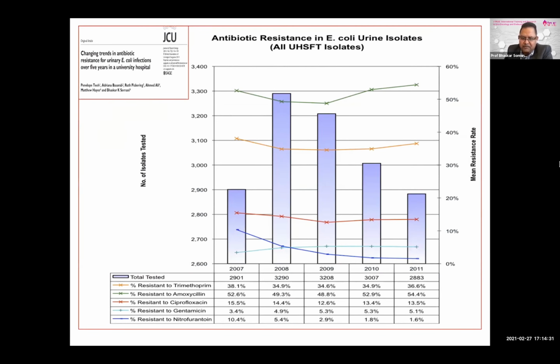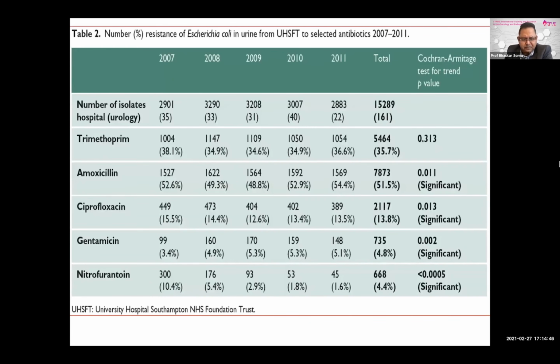Based on this graph, we recommended nitrofurantoin as the first line for female UTIs with normal renal function, gentamicin for prophylaxis for endourology, and so on. So this is something that you must try and do in your setups. But gradually, the antibiotic resistance trends change over time, and you must make sure that you monitor these trends and change the protocols accordingly.